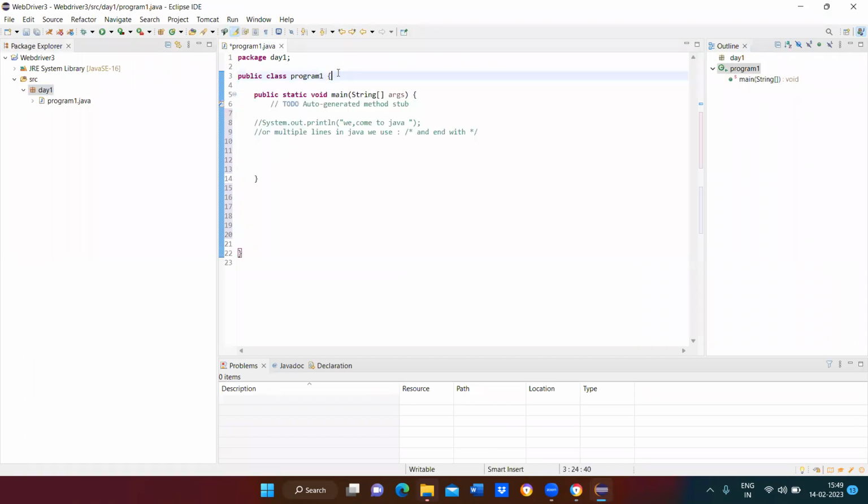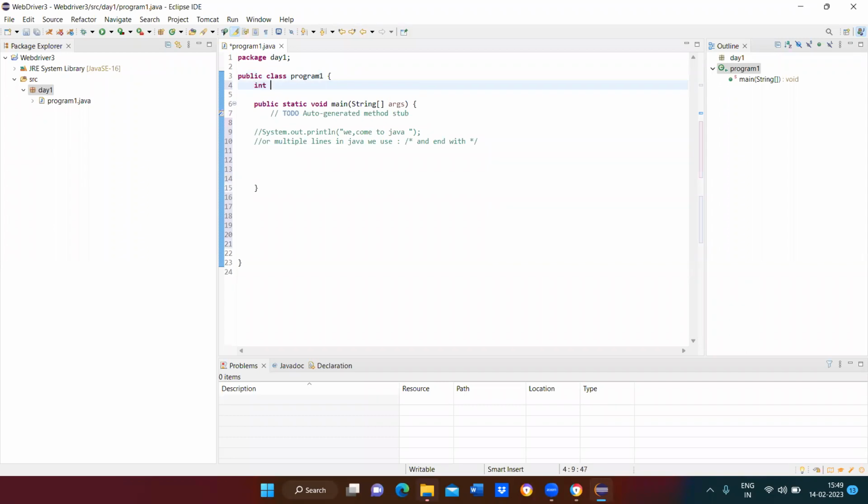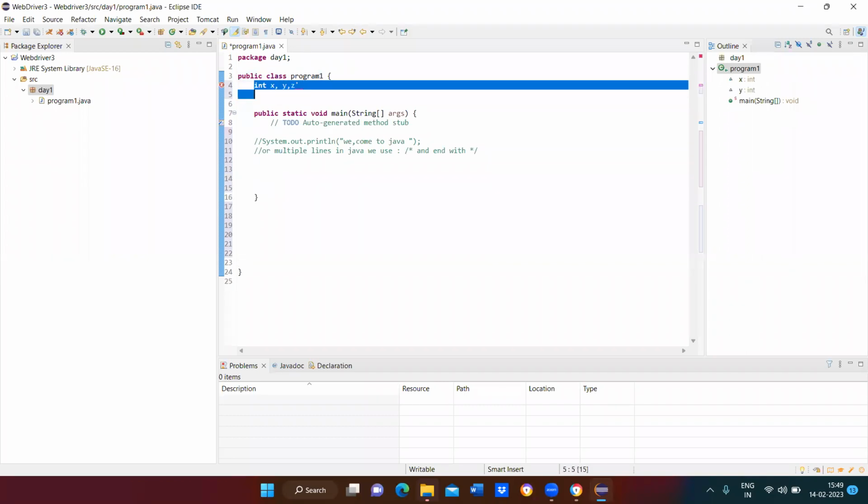See, this is your class, right? Under the class, I'm declaring int x, y, z. So these variables are called global variables. Similarly, we can also call them data members.